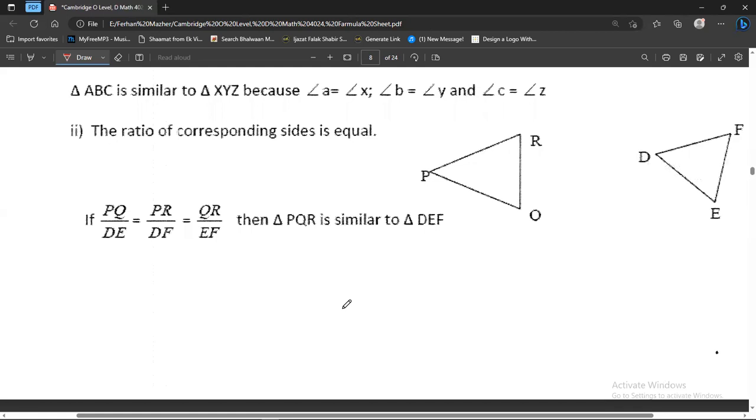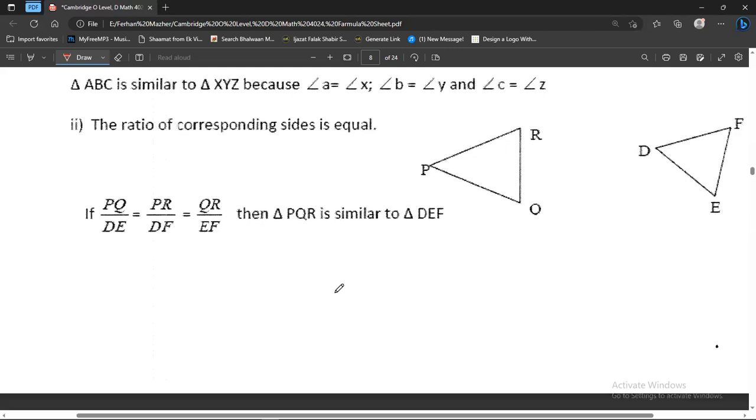So if the ratio of PQ to DE, the ratio of PR to DF, and the ratio of QR to EF, if these three ratios are the same, then you can prove that triangle PQR is similar to triangle DEF. Okay. So then we have